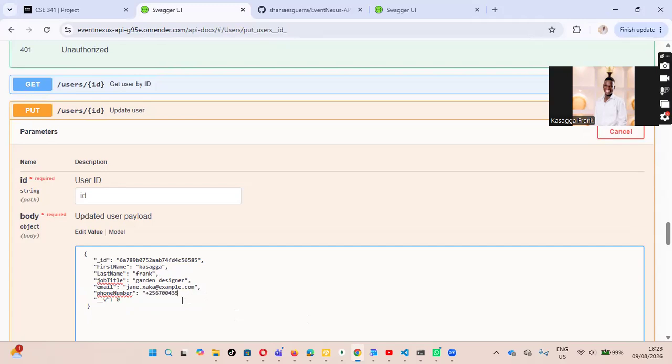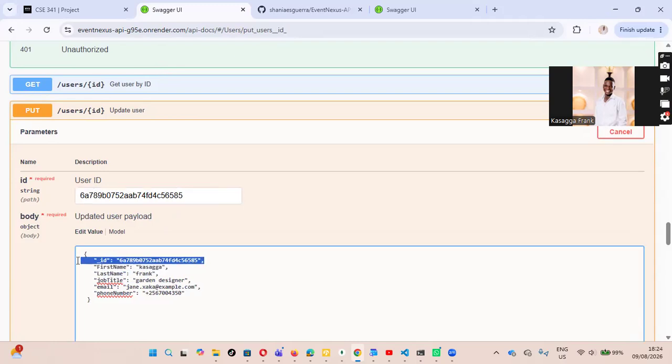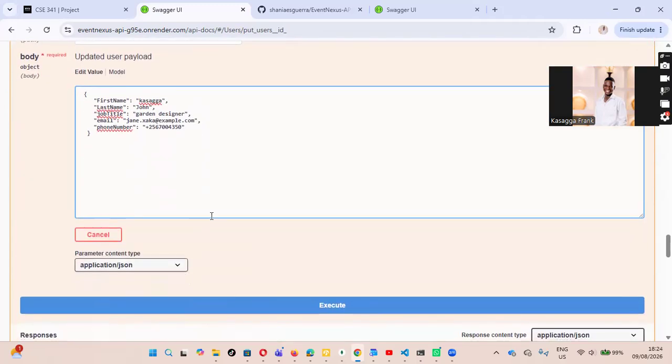One number must be there. So when we delete this, we remove the number, the ID, and put it here. Do away with that. Then the other thing, we shall change Frank to John. Then when we execute